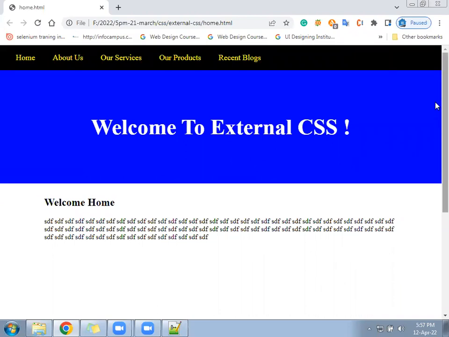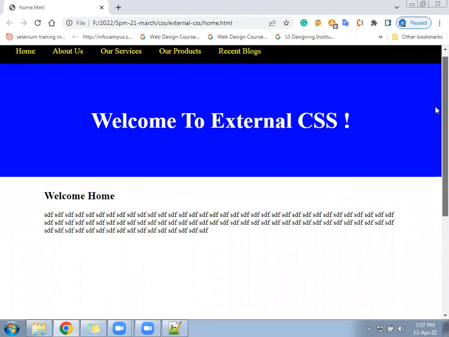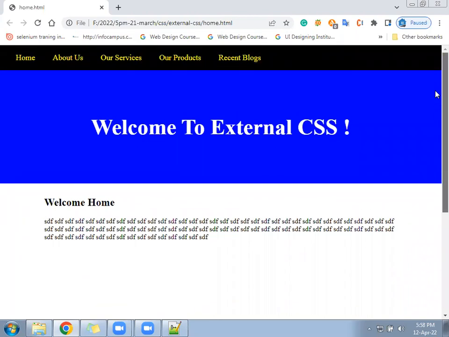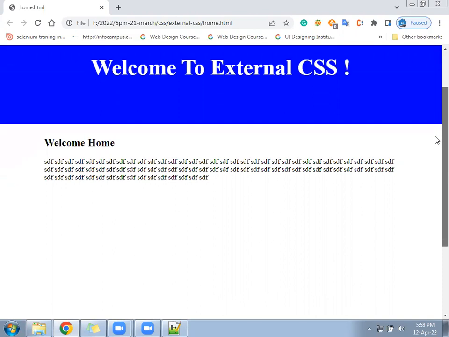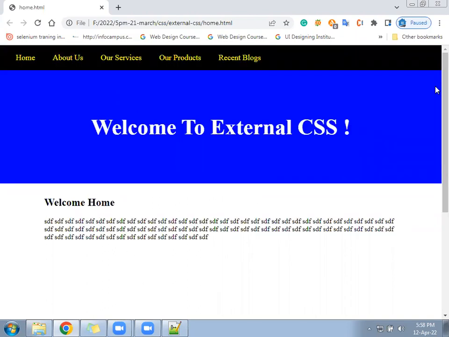Okay, next after this, when you scroll down, the navigation should not go up. Navigation should be fixed navigation. See, when we are scrolling down, what is happening? Navigation is going up. We want navigation should be fixed there only. It should not go up. So for that, we have to write the CSS. We have to use a property called position property. Using position property, we can fix it. Come to the CSS part.